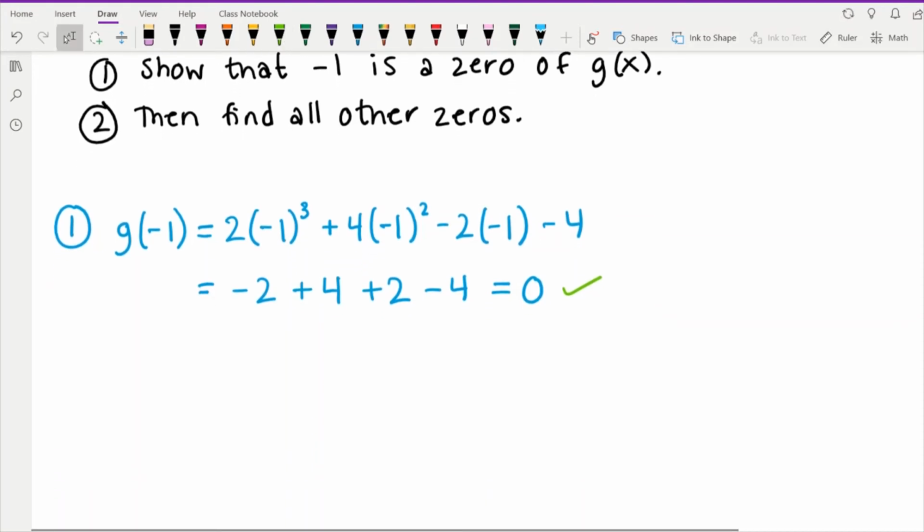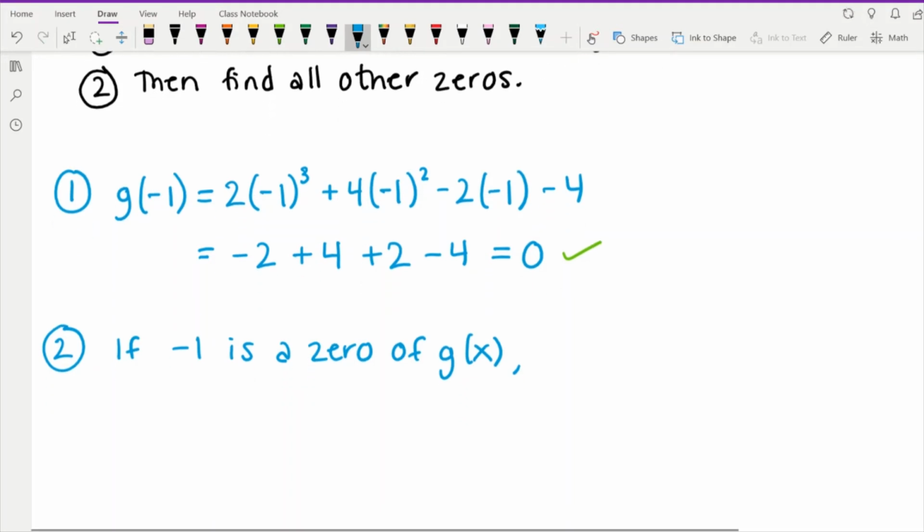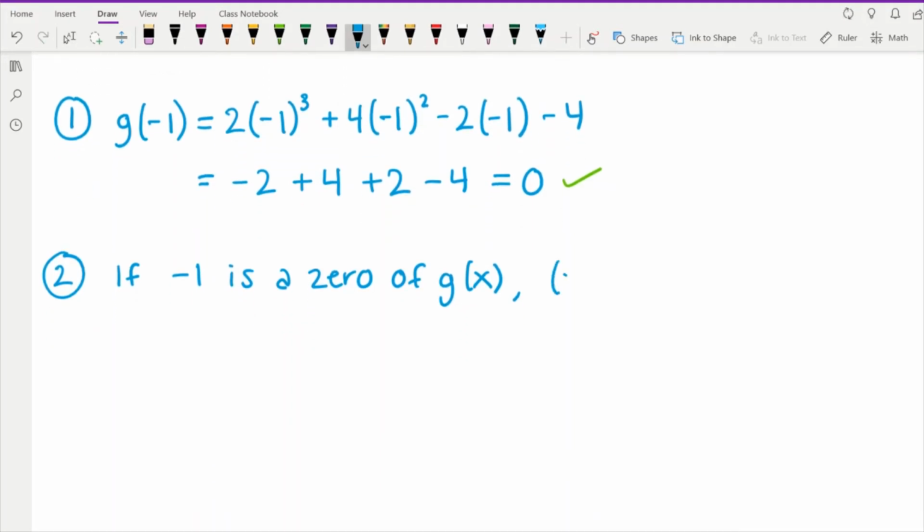Okay, so how can we find all the other zeros? Well, this really comes down to understanding the relationship between zeros and factors. So if negative 1 is a zero of g of x, then what must be a factor? And what do we know has to be a factor? Well, x plus 1 should be a factor,